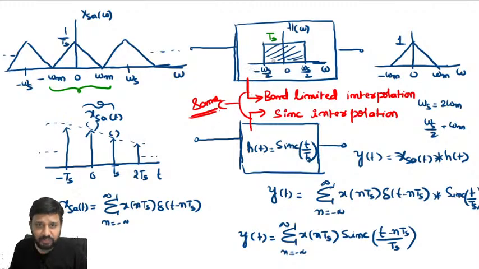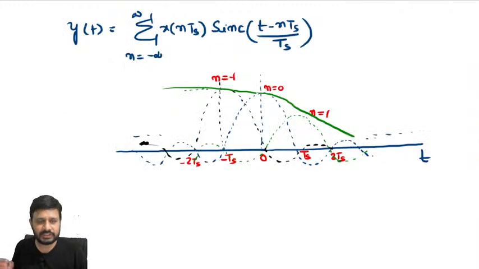So in frequency domain, low pass filter. A low pass filter is limited in band, meaning it is limited up to only a certain band in frequency domain. It is also a band limited interpolation. Both are same. See, apart from this sinc interpolation, we have other interpolating functions also.